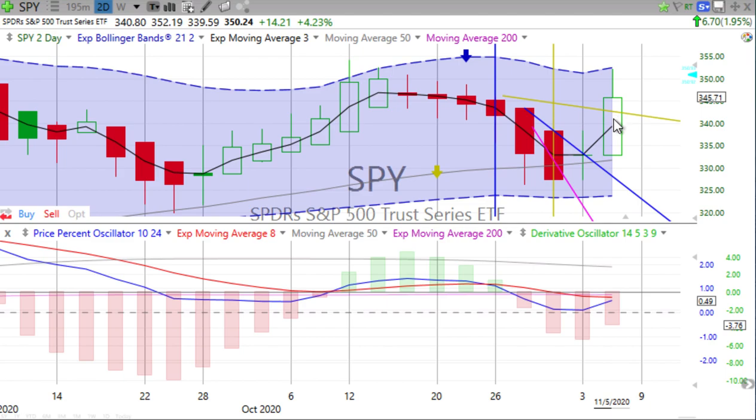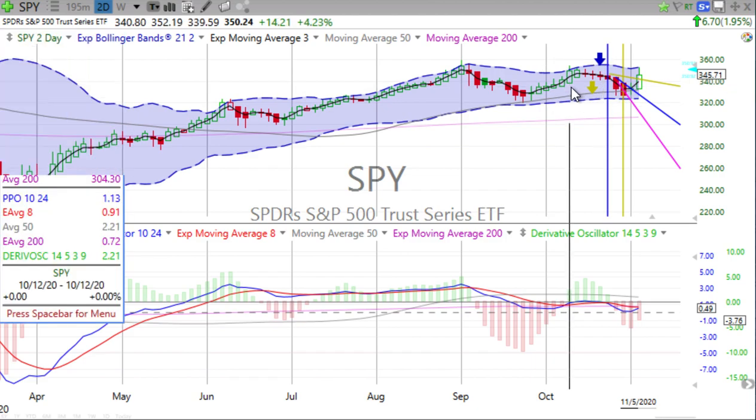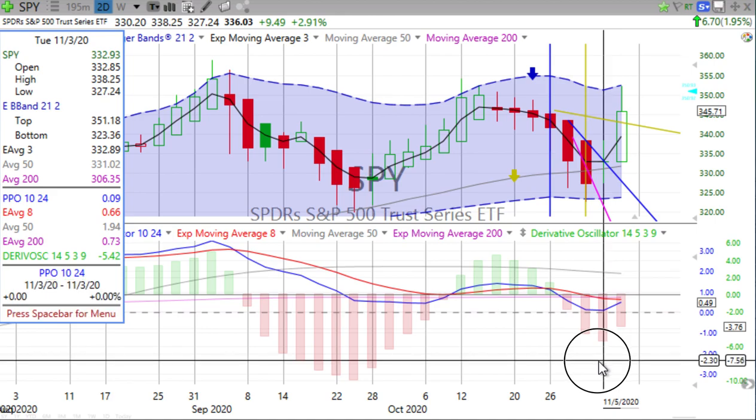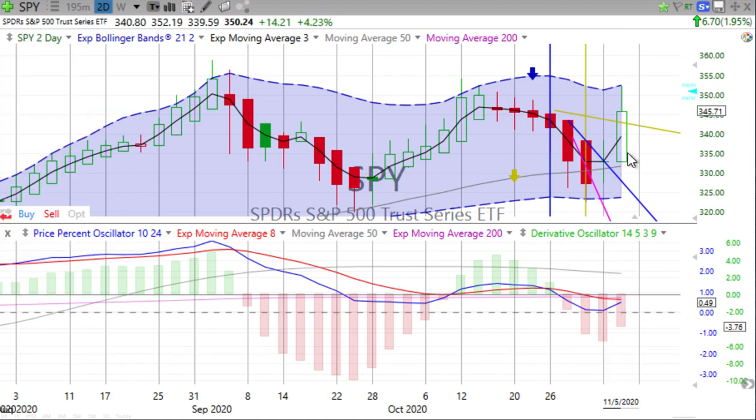Now look at this 2-day chart. Boom, huge up candle. Haven't seen a candle that big in a long time. Maybe going back to June. Anyway, let's compare. Nope, not even close. So maybe back in June or so. Big, big up candle. Now, of course, this latest candle represents Wednesday and Thursday where things were booming,